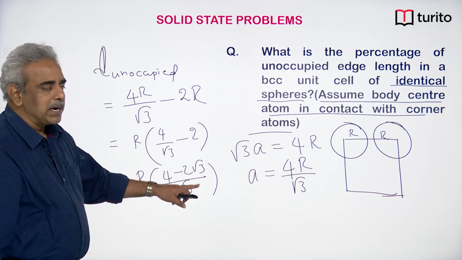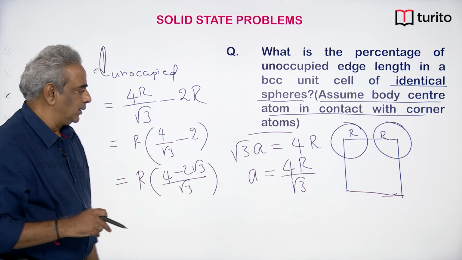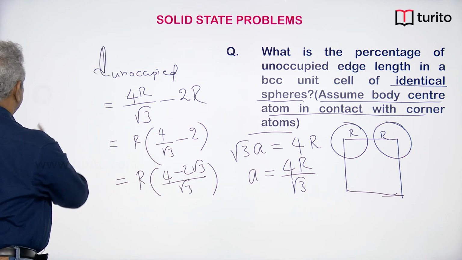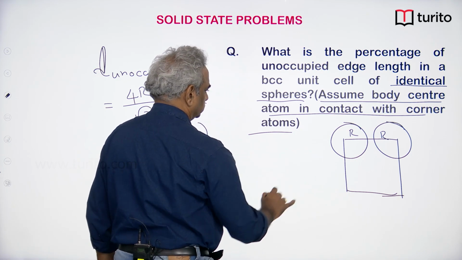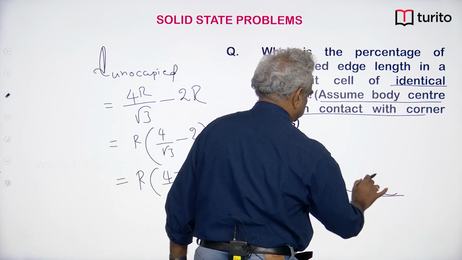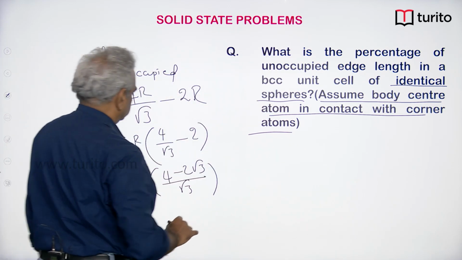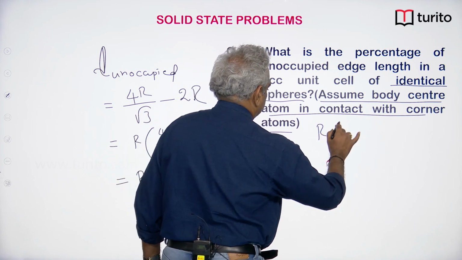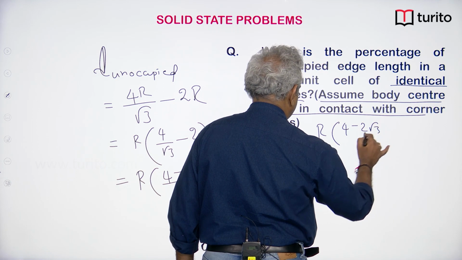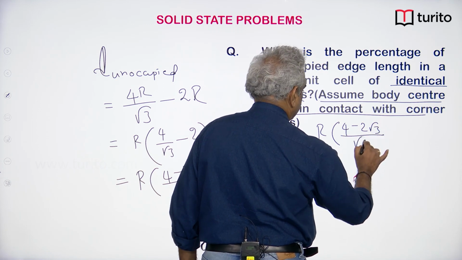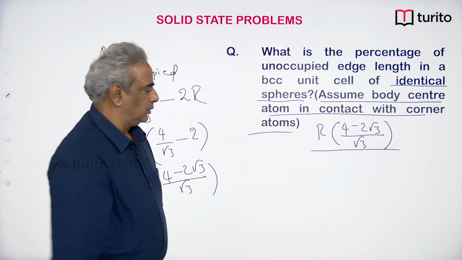This unoccupied part divided by the total edge length into 100. So, r into (4 minus 2 root 3) by root 3, divided by the total edge length,